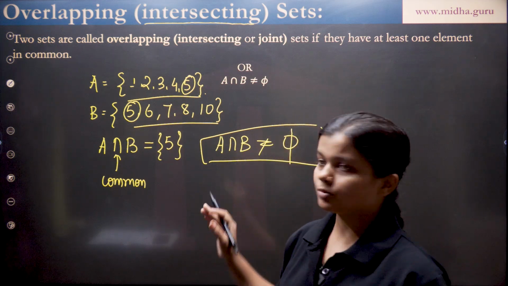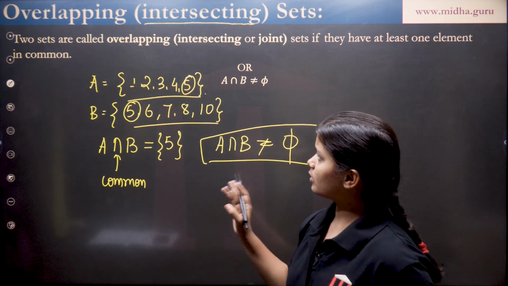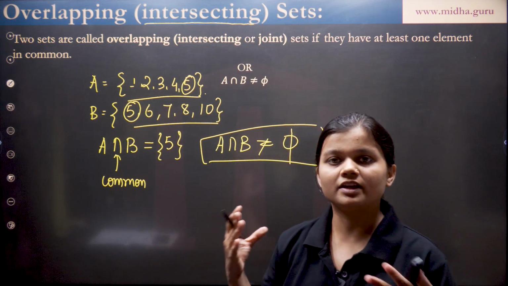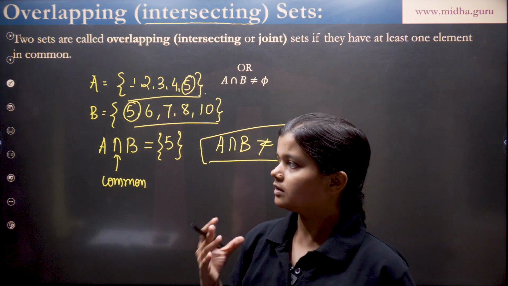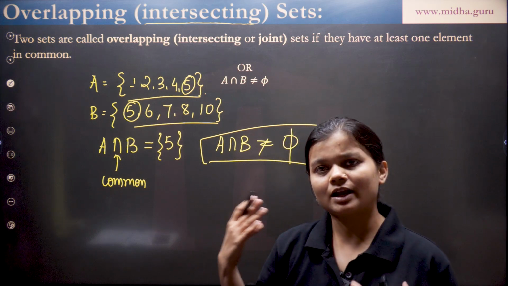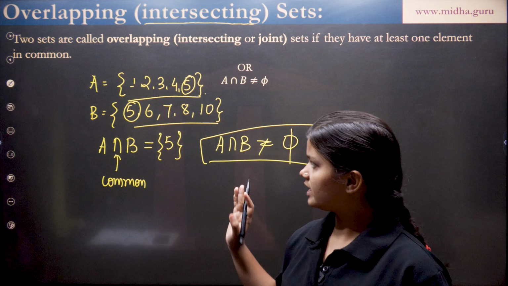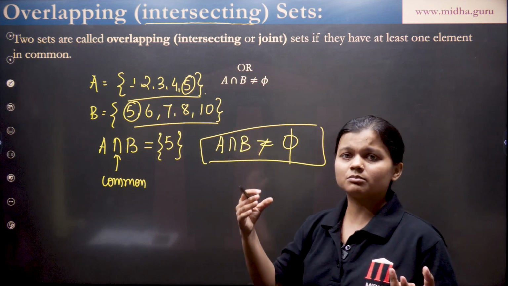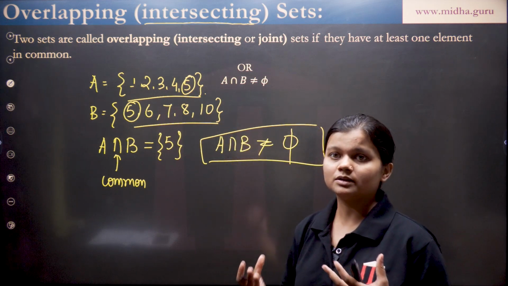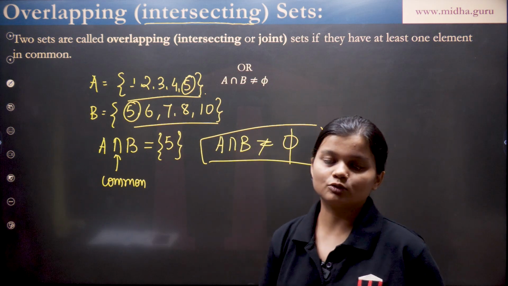I hope you understand this topic. This is a very simple concept. Overlapping means if in any two sets, minimum two sets, it can be more than two also, there is at least one element common, then the sets are said to be